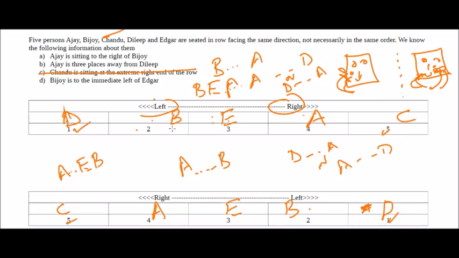Now, as you can see, this is a reflection of this. B comes here, D comes here, B comes here, A comes here. So whatever is left becomes right, whatever is right becomes left. It's like a mirror, right? So I think this should be enough to clear your confusion. I would suggest go and watch the next video.